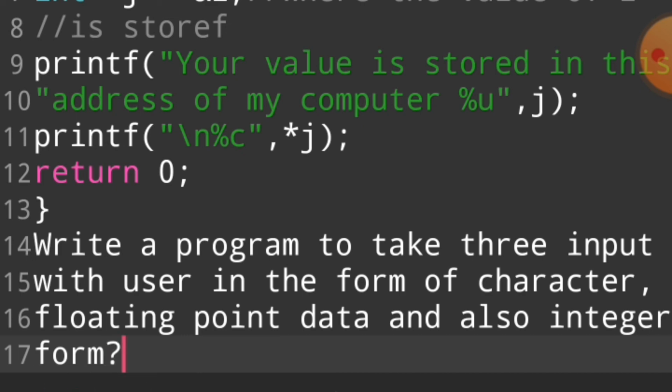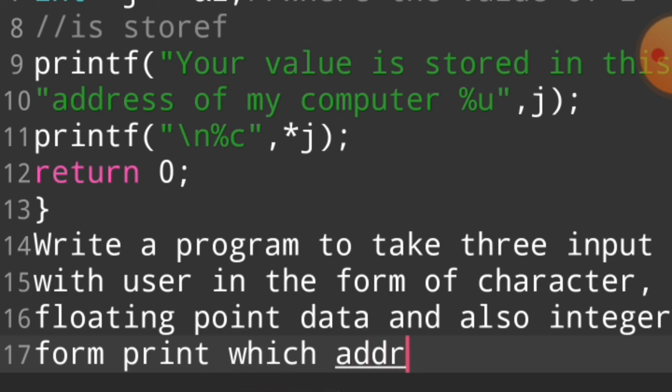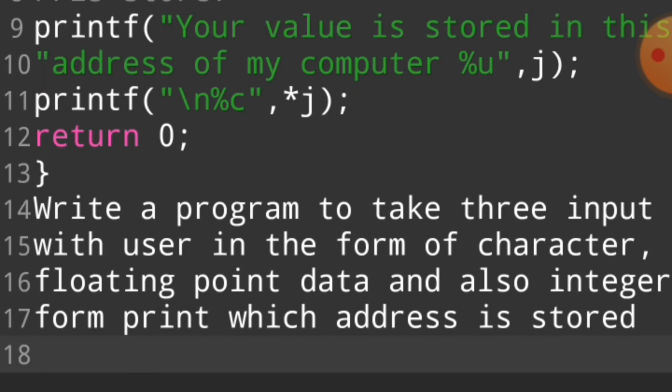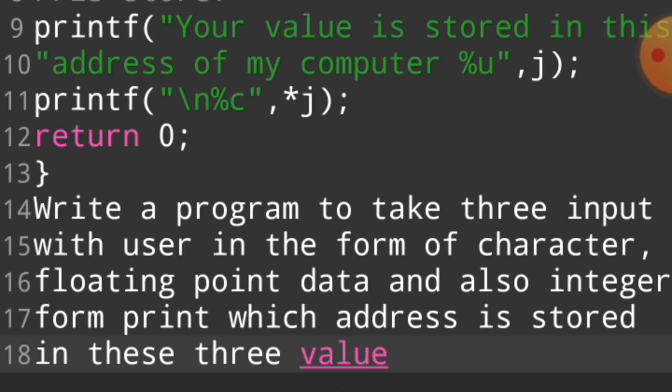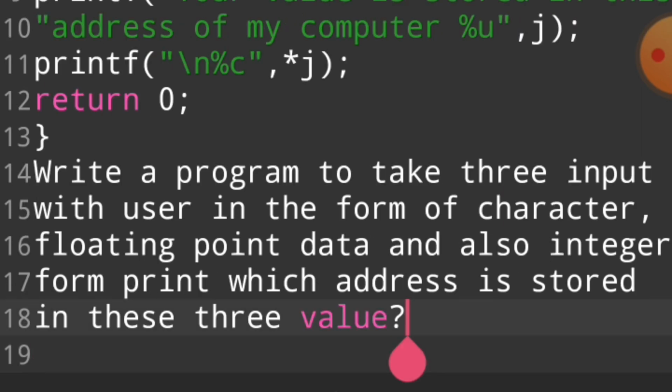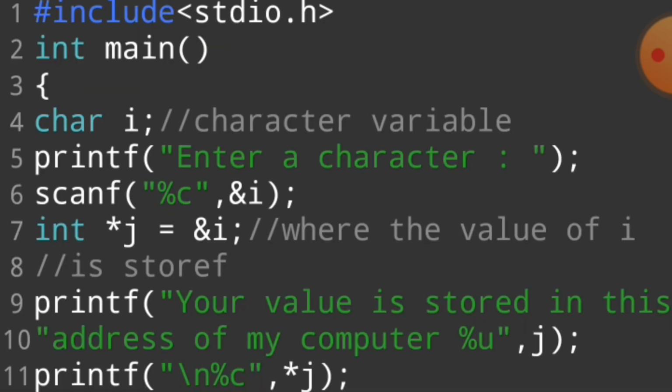And then print which address these three values are stored at, one by one. This is a very simple and very easy program.